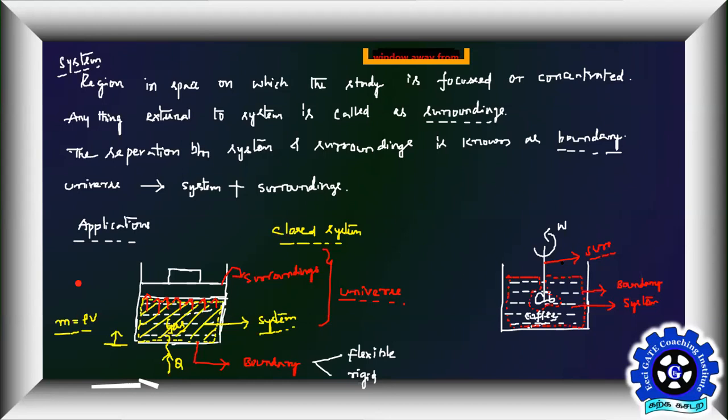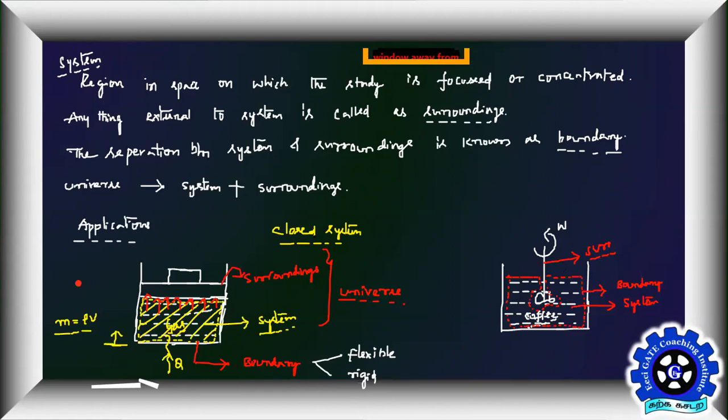But we don't want to do that kind of job at home also. Why? Because we don't want to spill the coffee. So we make sure the coffee you take in a cup is less than the cup's capacity, or you take a cup with enough height or enough volume so that the amount of coffee that you want to drink will be occupied in that space. So these are the two possible ways.